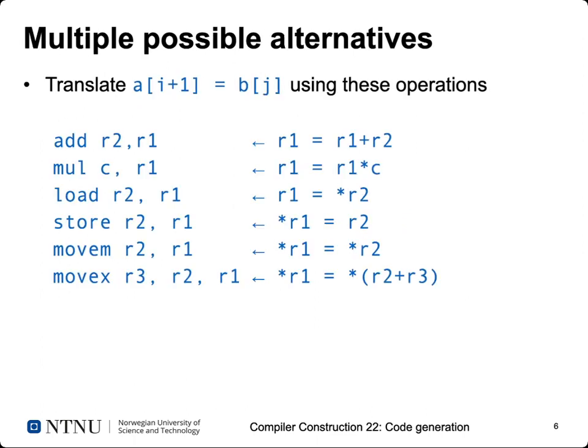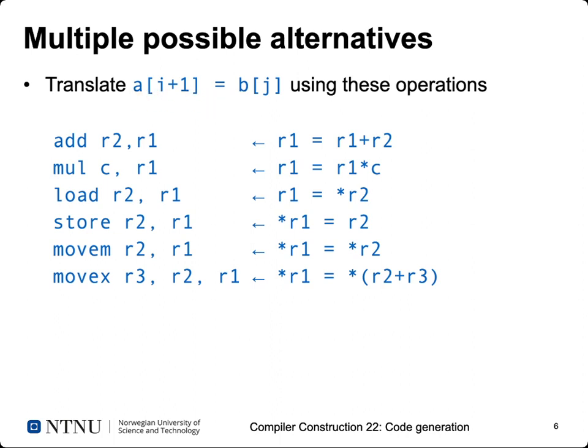So let's look at examples for translations. When we translate instructions, we generally have multiple possible alternatives. So we are using a simple example here to demonstrate this. Let's assume we want to translate this instruction here: assigning the J's element of array B to the I plus first element of array A, using only the